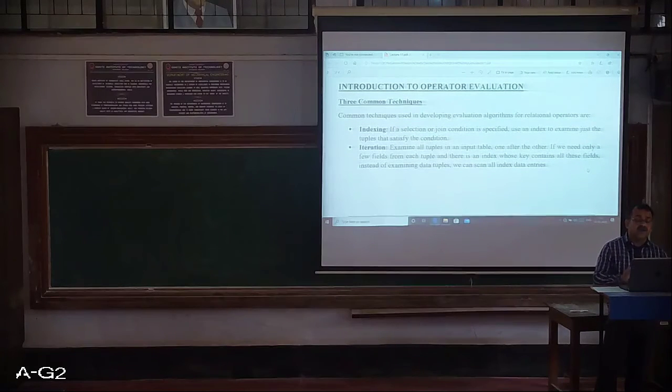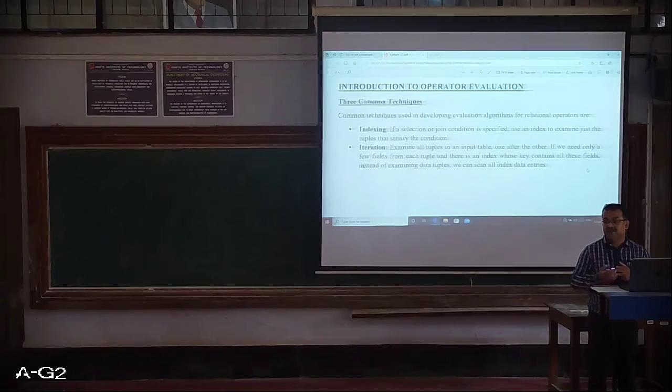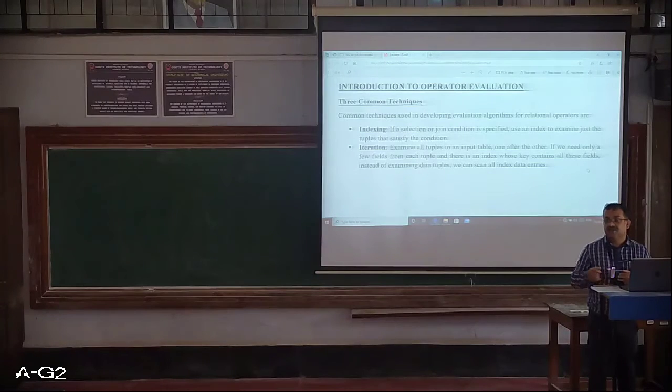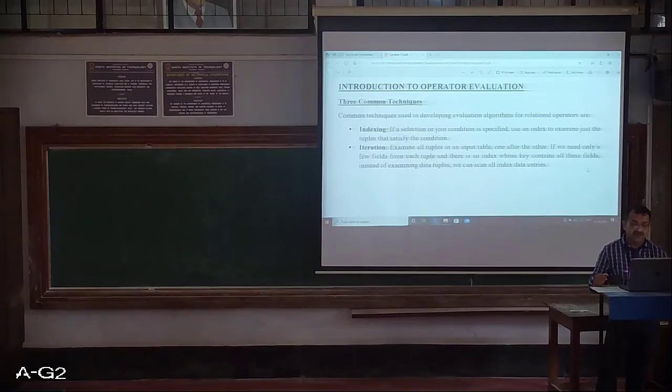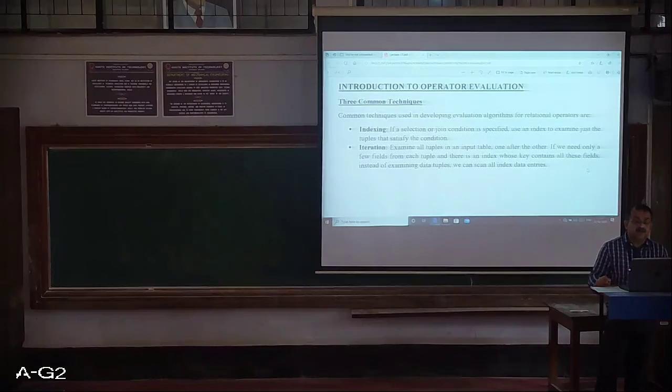Now, going to the introduction to operator evaluation, that is, how do we evaluate the operators? When we say operators, we will basically be discussing the relational operators. You understand the relational operators? These are less than, equal to, greater than, greater than or equal to, right? So these are the relational operators. There are 3 common techniques which are basically used in developing the evaluation algorithm for